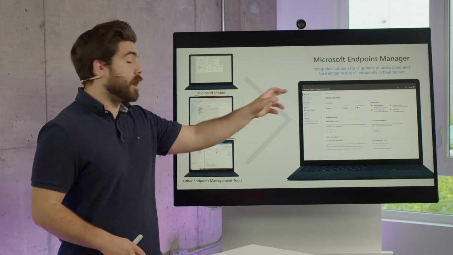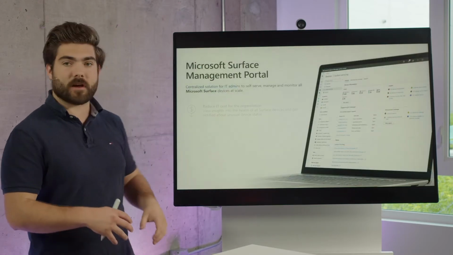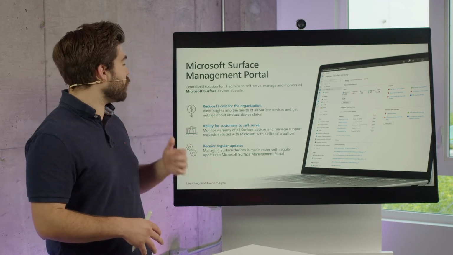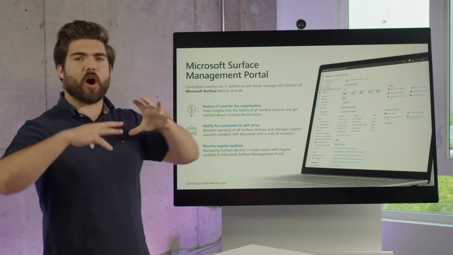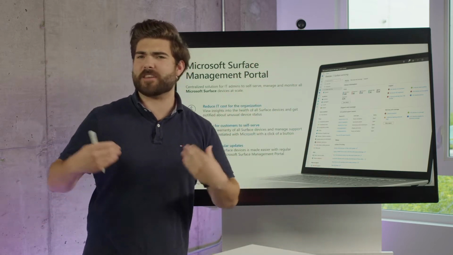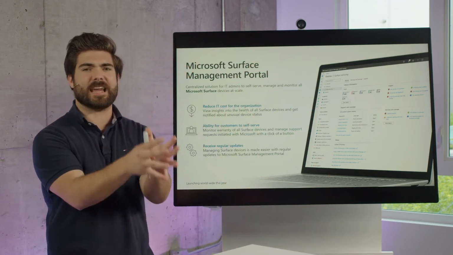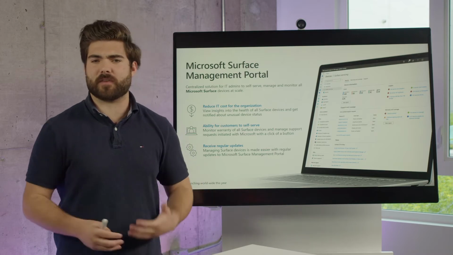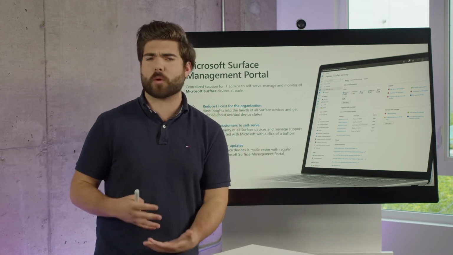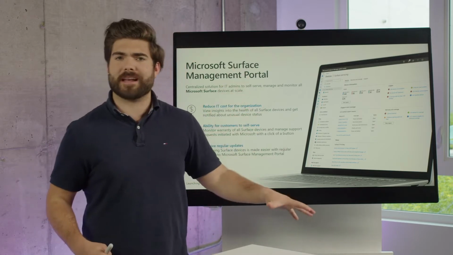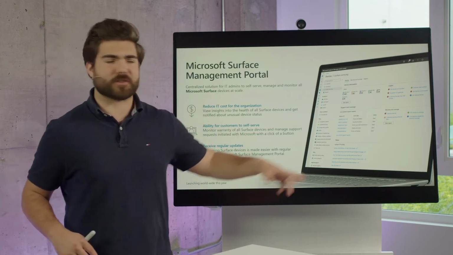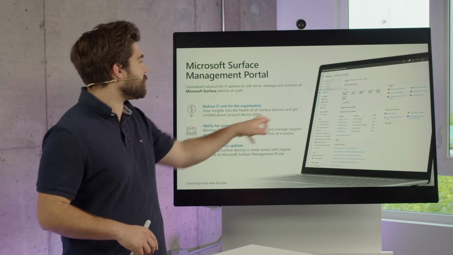Located within Microsoft Intune is the Microsoft Surface Management Portal. The Surface Management Portal enables you to have kind of an all-seeing eye. I like to refer to it as the Eye of Sauron within your organization so that you can see the specifics of every single device, warranty statuses, summarized view of IT help desk and support ticket requests, even a curated list of news for IT personnel. Here, we're going to go ahead and take a closer look at what I mean within the Surface Management Portal.